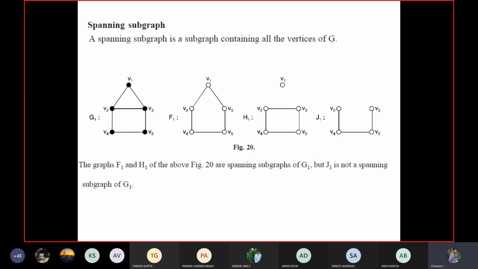If I'm going to check whether it is a spanning subgraph or not, first it has to be a subgraph. Then furthermore, I need to check an additional property. If it follows that, then I can clearly say it is not only a subgraph, it is also to be called a spanning subgraph. So spanning subgraph means additionally it has to satisfy one condition: your subgraph should have all the vertices of G. That is the extra condition.